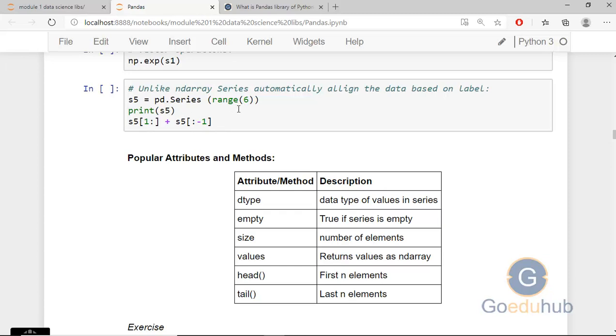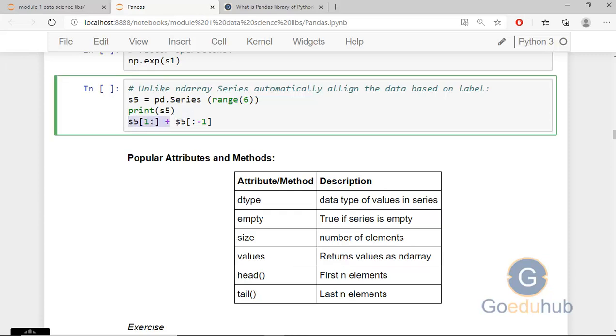Like S5 is a series of 6 numbers. We can print S5 and then we can sum some parts of S5, a sub part of the series. So in S5, 1 colon starts from the second element, and the other starts from the first element, but won't include the last element. So both are a series of 5 elements, and we are summing element wise.